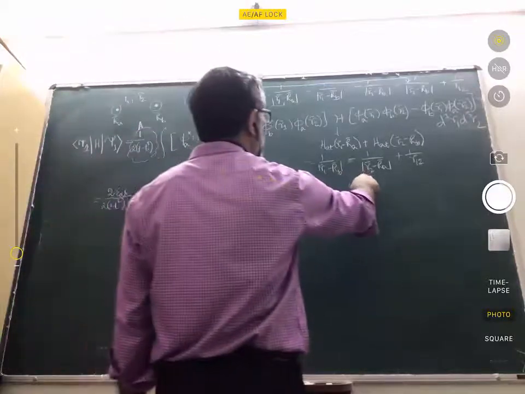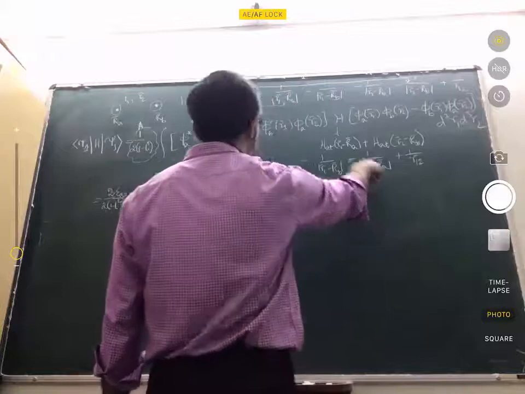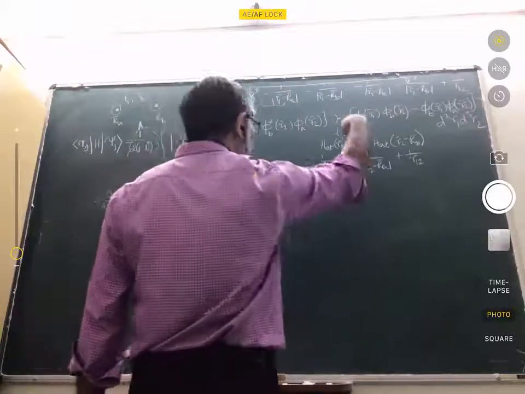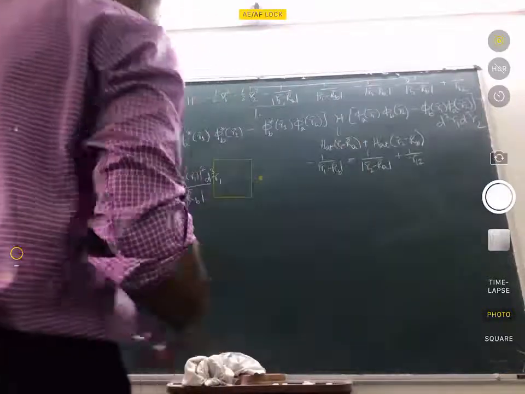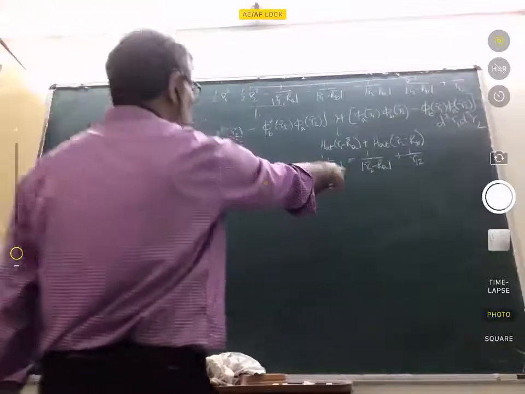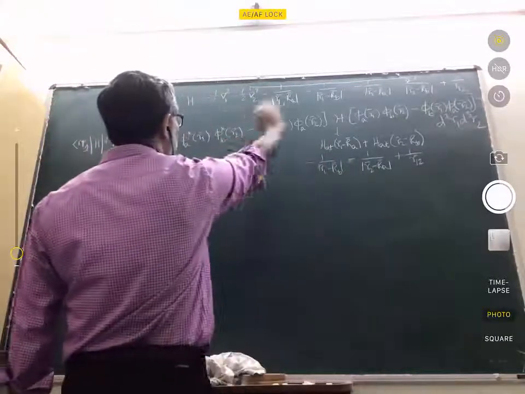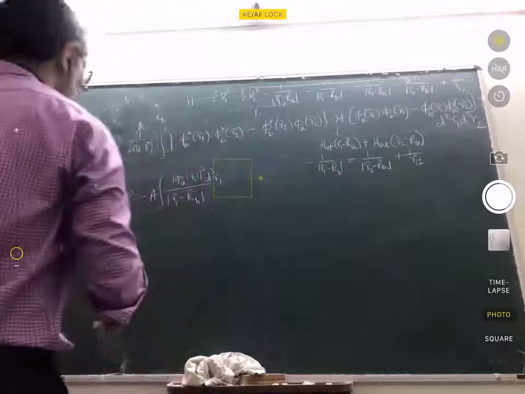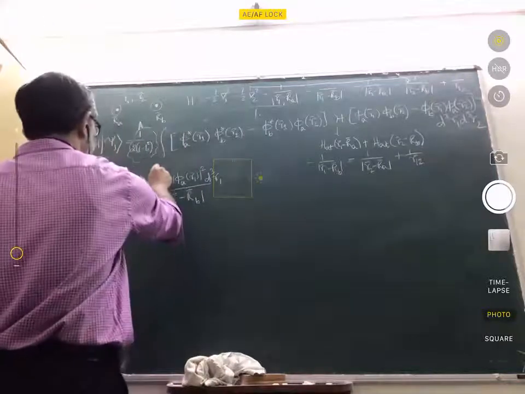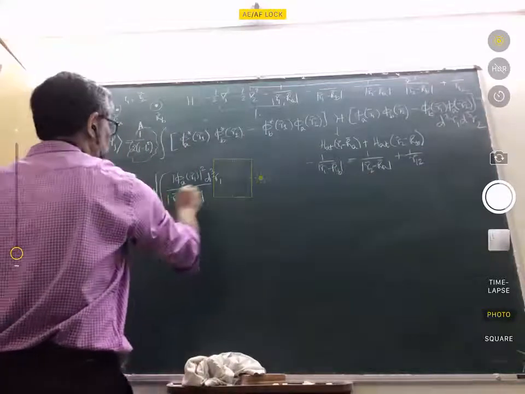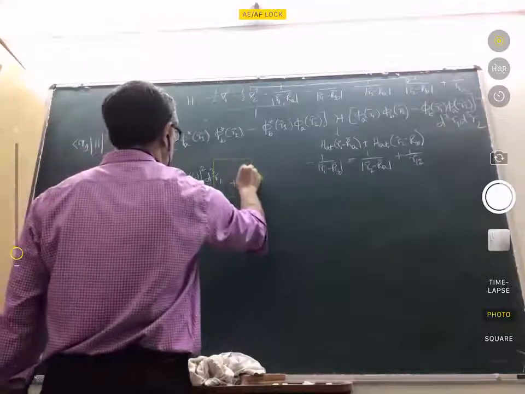So similarly, when I take this term, the R1 integral will give me 1, but then the R2 integral will remain with mod phi b squared. So I'll get a similar term with